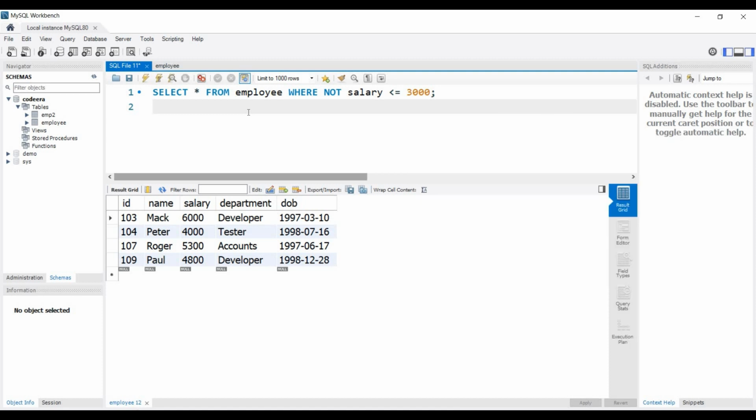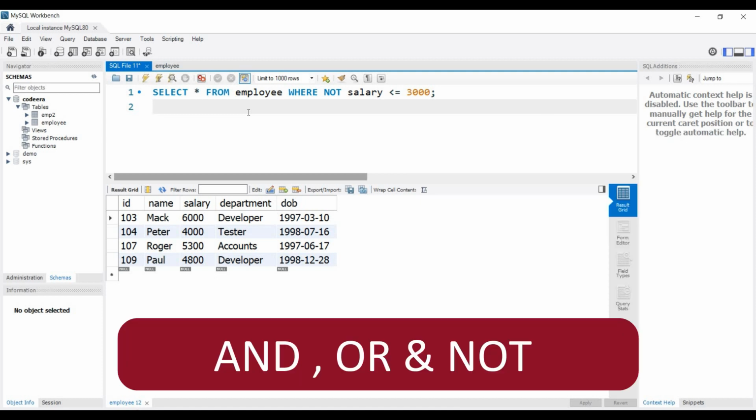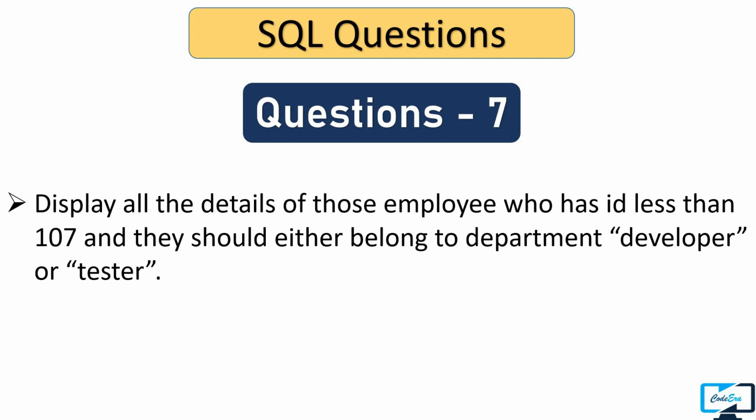So guys, till now we have discussed the AND, OR and NOT operators. You can also use a combination of these operators, and it is very important to understand because it will help you solve complex queries. For example, we want to display the details of those employees who have ID less than 107 and who belong to either the department developer or tester.